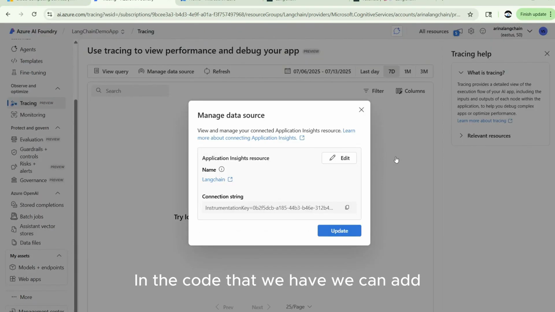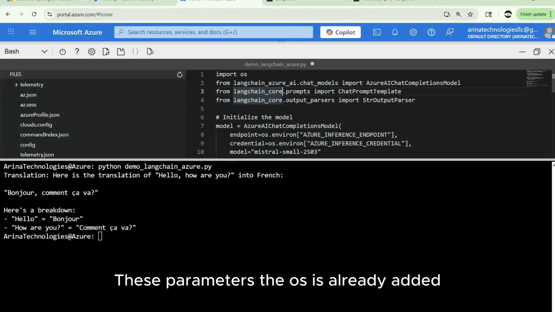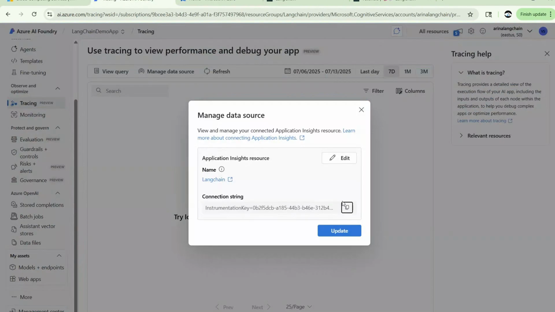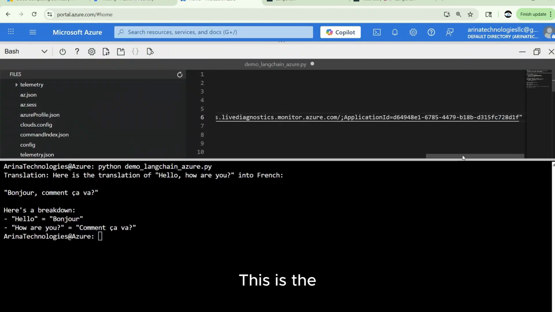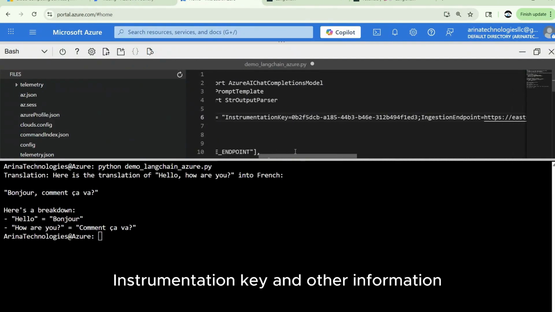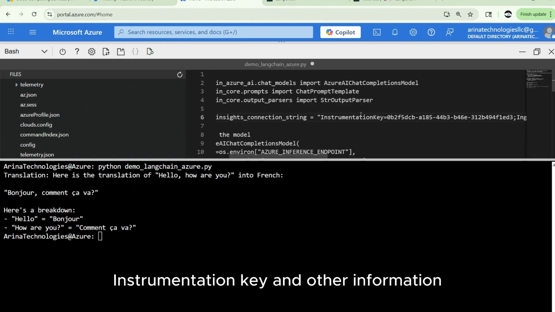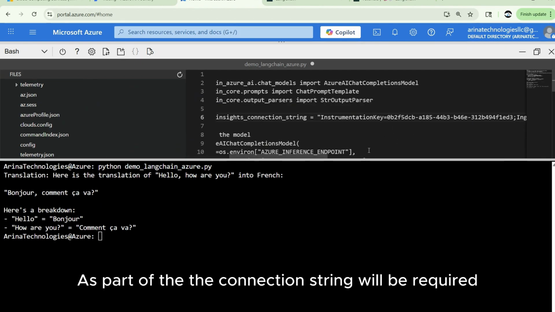In the code that we have, we can add these parameters. The OS is already added. I can add this connection. This is the instrumentation key, and other information as part of the connection string will be required.